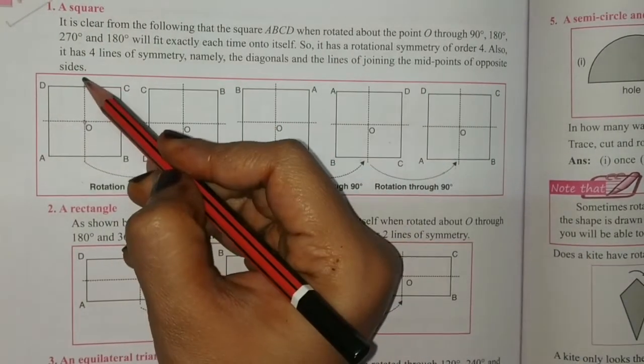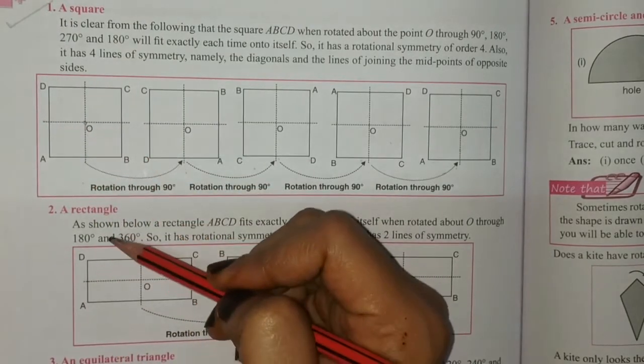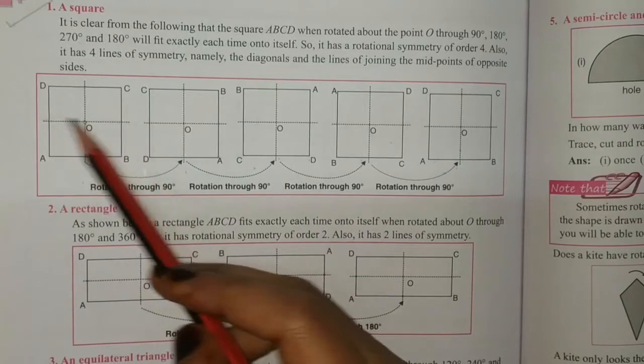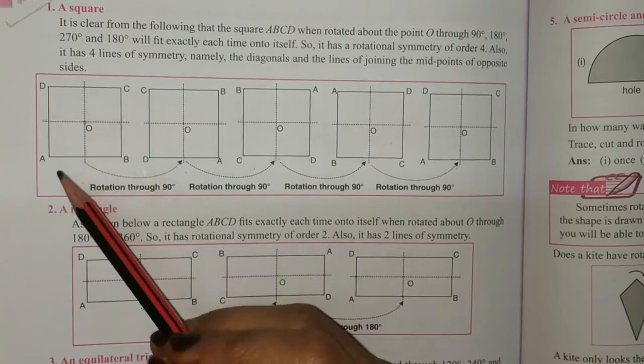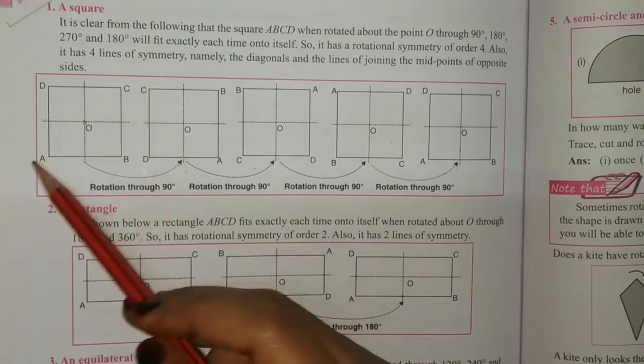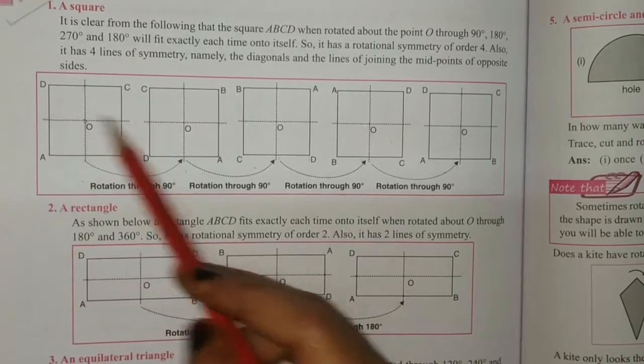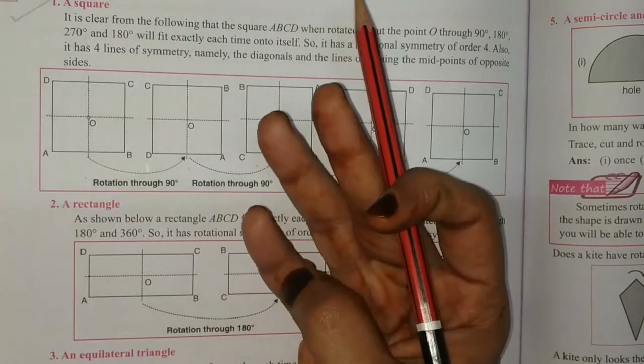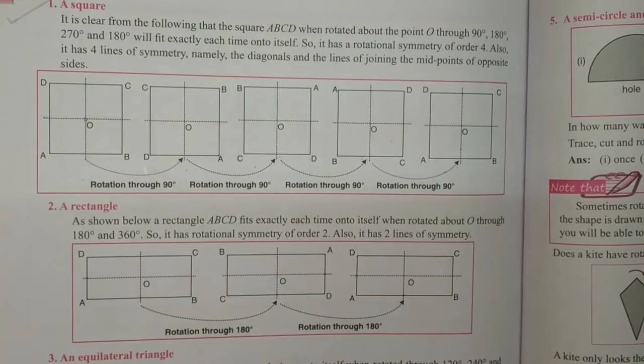And here if you see, through the midpoints, if you cut this figure, it looks like a symmetry, line symmetry. So it has 4 lines of symmetry also. 2 are its diagonals and the 2 are the vertical and horizontal lines. So a square has rotational symmetry as well as reflection symmetry.